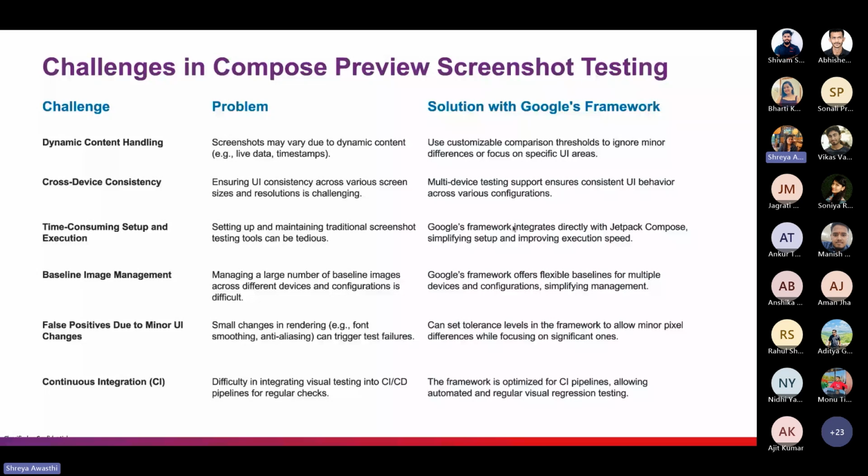Now, what are the challenges in Compose Preview screenshot testing? First is dynamic data content handling. Screenshots may vary because of the dynamic data. For example, this can include live data for the scores in a sports app, or the weather application, where weather can change, or timestamps, where the current time changes. This is the major problem, and with this framework we can use customizable comparison thresholds,